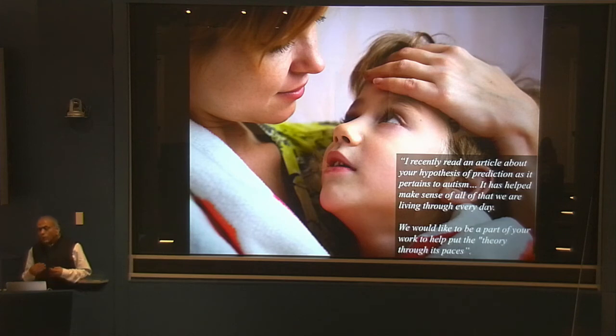And I lay great store in these comments for a person who has observed this condition up close 24/7 for years on end. For them to see the validity of an idea, I think that's a great booster of confidence.